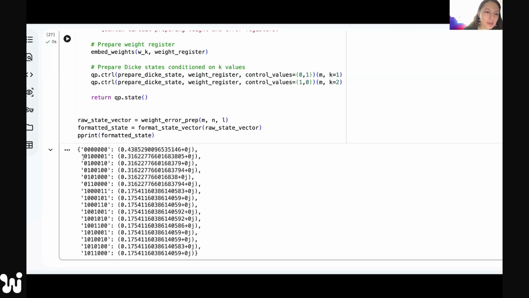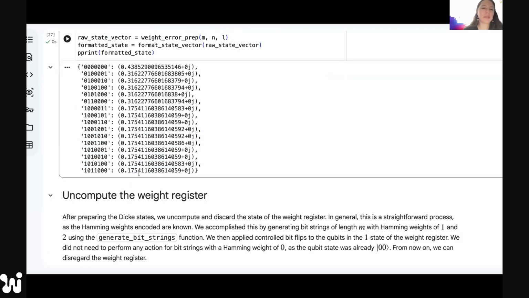If you look carefully, all of those that have two ones have basically the same number, and all of those that have 3 ones have the same number. The one that has 0 has a different number. So these are the DQI states. Depending on the number of zeros or ones in your basis state, you have a different coefficient. All of those that have two ones have basically the same coefficient. That is the main thing there.